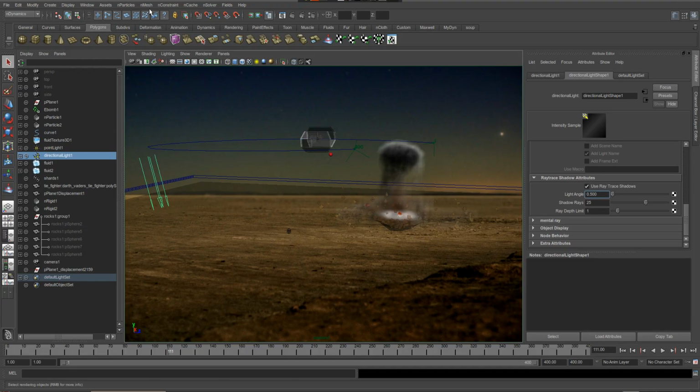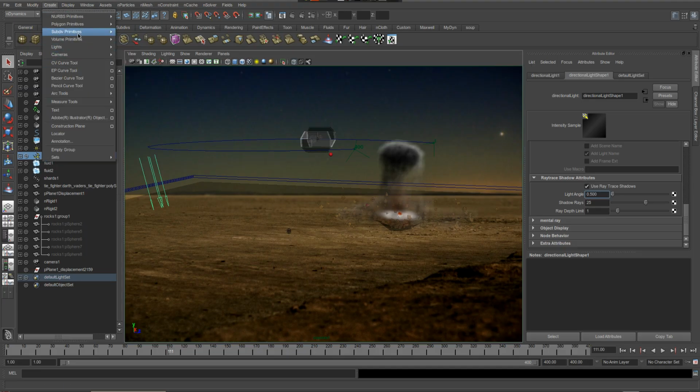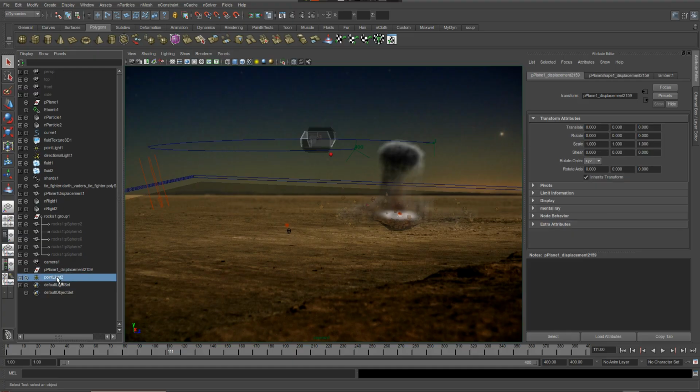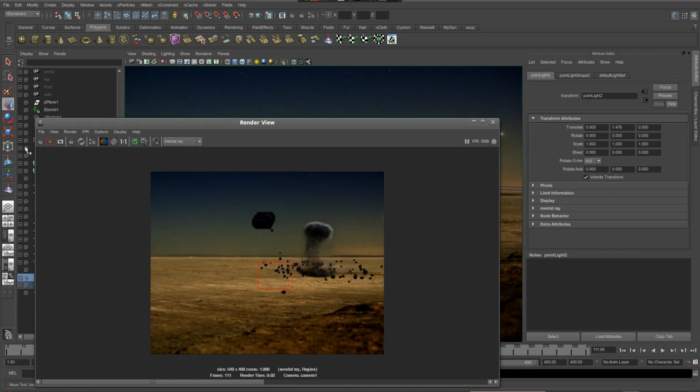So I'll just go in and drop in another point light as well. Okay, just raise this off the floor slightly. And if I take another render now,